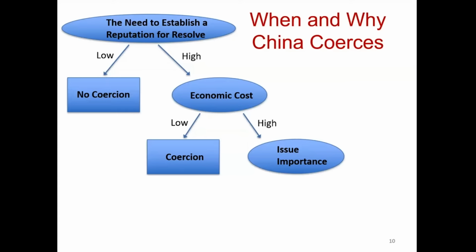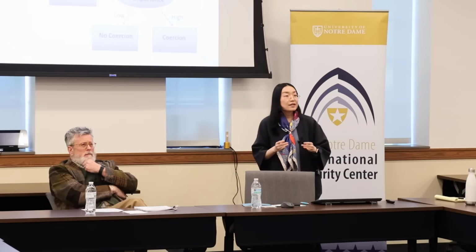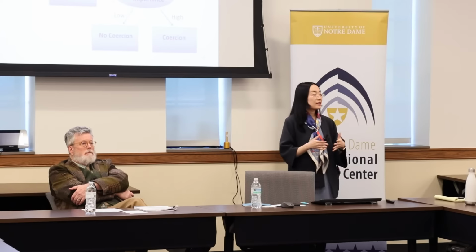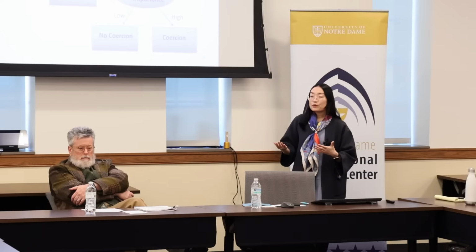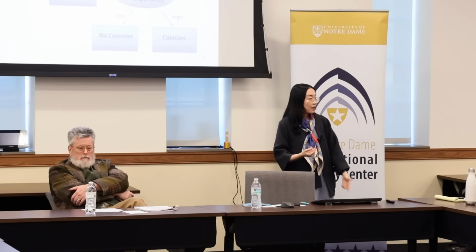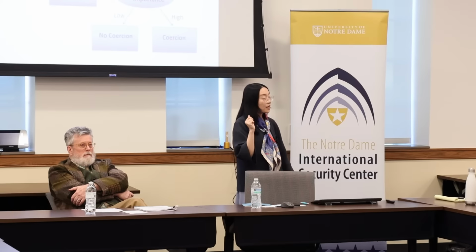And other issues, such as maritime disputes, the rocks that I'm very much personally interested in, they're important, but they're not individually at the level of core interests. So I argue that it's only when the issue importance variable is the highest that we're more likely to see China using coercion, and when the issue importance is lower, China's more likely to refrain from coercion when the need to establish resolve and economic costs are both high. So in the book, I examine, in particular in the Taiwan chapter, the role of the issue importance variable, but for the talk, we're going to be zooming in on circumstances when the two variables are not high.